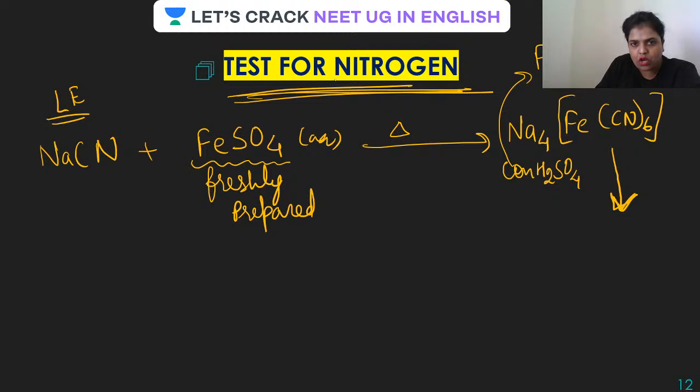This blue is the test for nitrogen. Can you see the blue shade of it? Yes, this is what we mean by Prussian blue. So guys, this type of color we get in the test tube. Suppose this is the test tube